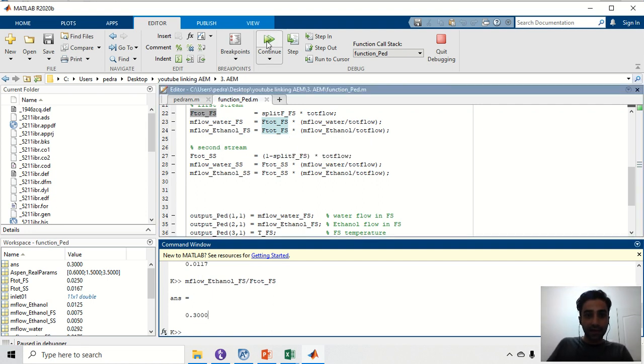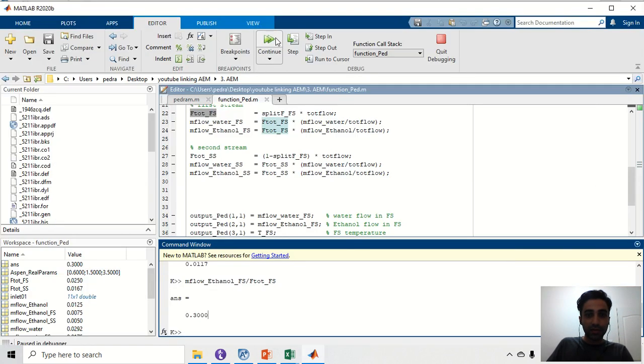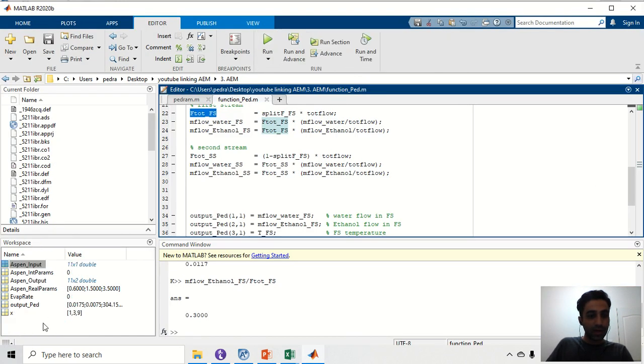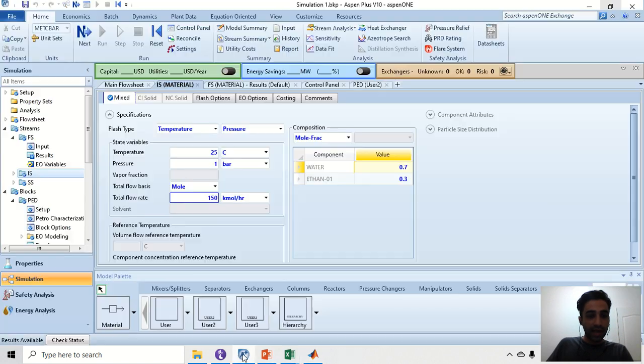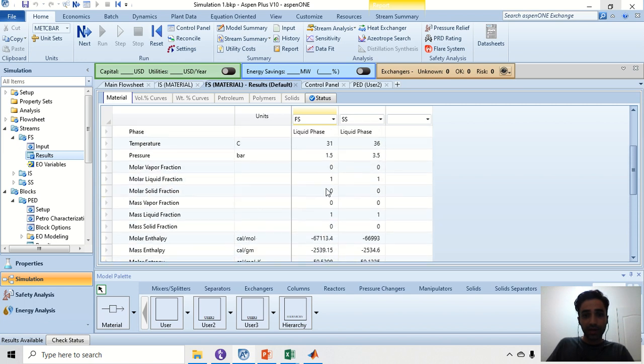Then, while Aspen is still calculating, if I press continue, the calculation is done, and Aspen has received the output. I can check the results again and make sure that everything is working correctly. The total flow of the stream was 150, and the 6% is here, the pressure